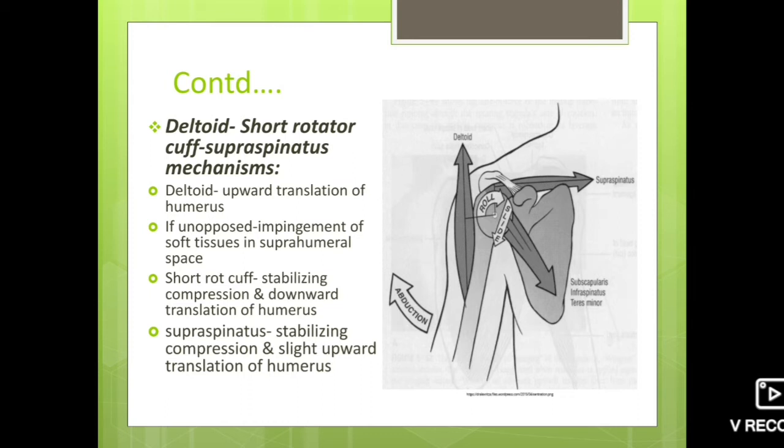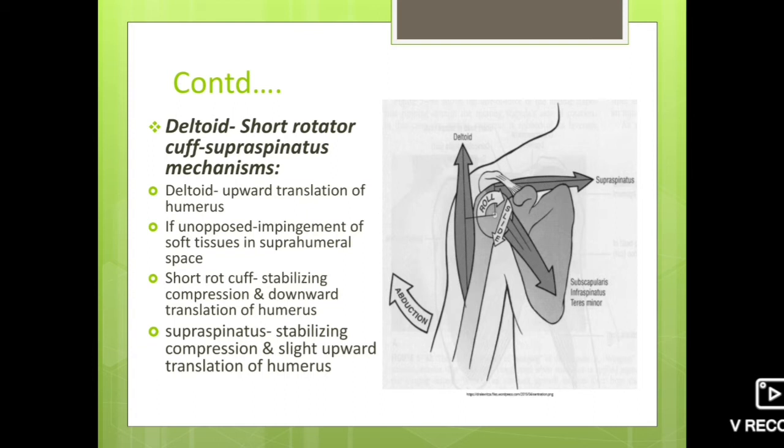The actions of the deltoid and rotator cuff muscles create a force couple that is necessary for abduction of the humerus. The deltoid muscle causes upward translation of the humerus as depicted by the upward arrow in the image. And if unopposed, it leads to impingement of the soft tissues within the suprahumeral space between the humerus and the